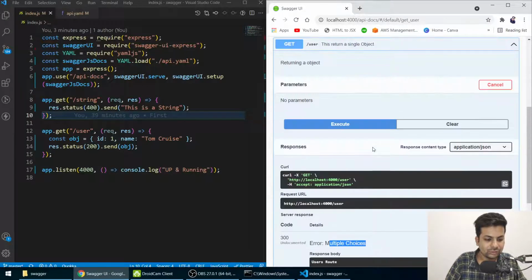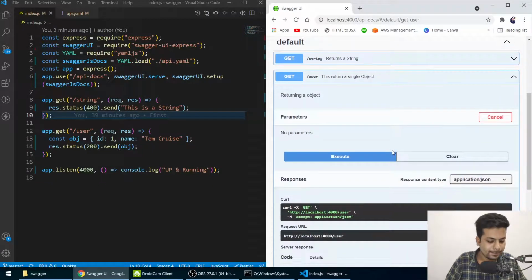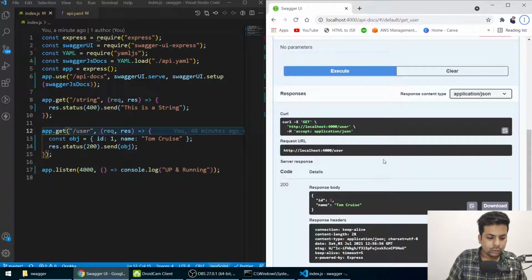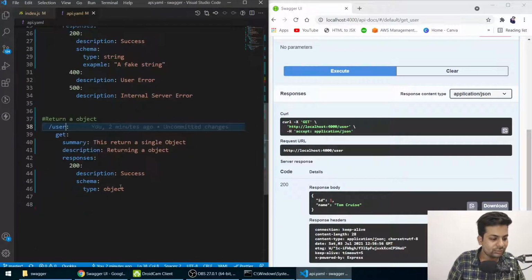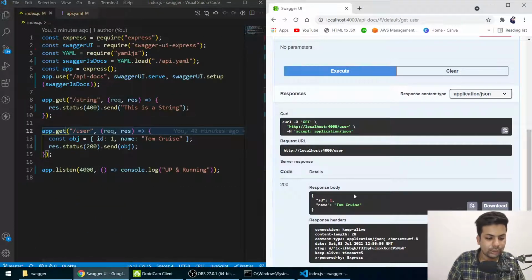Okay guys, you can see it is returning the object only, because previously there was some cache in the browser, so I just removed the cache and now it's returning fine. So basically I'm telling it to just return an object, and it's returning this object.